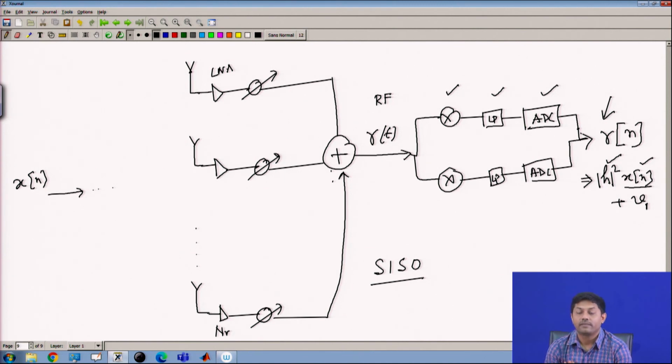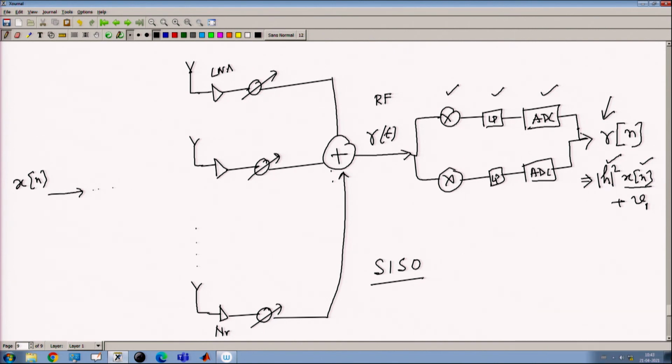So, now this concept is very helpful, because this is the one which will also be extended to the MIMO case. Okay? And you can see this particular proposal does not require so many ADCs, just one set of ADC, of course a couple of ADCs, because you have I and Q, one pair of RF demodulator and one pair of LPF, low pass filter. I don't need N_R. So, no matter whether your N_R is 100 or 1000, I still need just one set. So, this is what is convenient for millimeter wave.